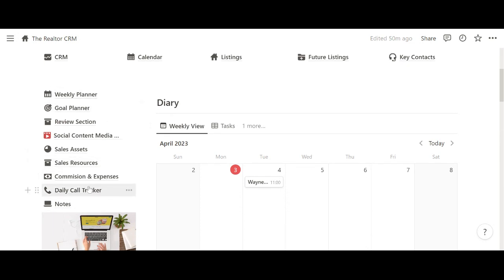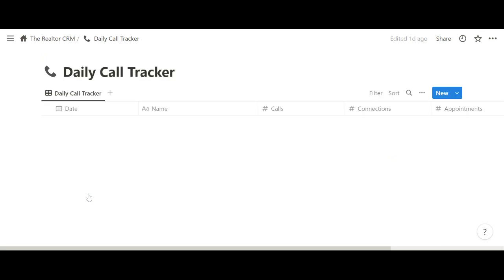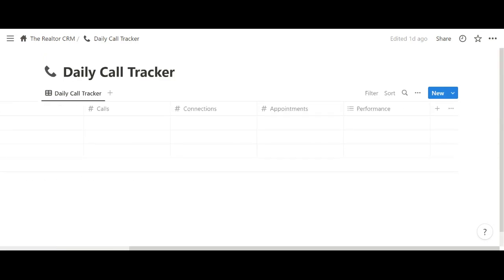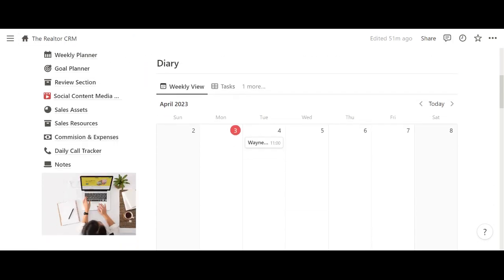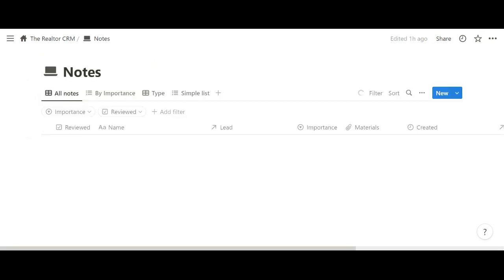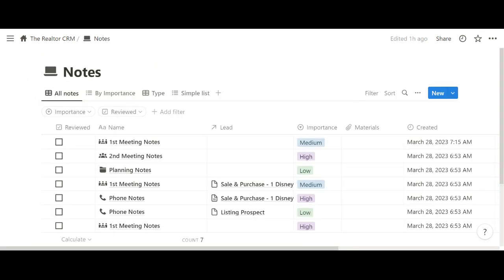And then we've also got down here a call tracker. Just lets you track your number of calls every day, see how you're going, how you're performing, make notes. And then finally, there's just a note section here. So if you need to catch notes for yourself, then you can, but also particularly powerful, you can collect them for your clients. So if you jump in here,